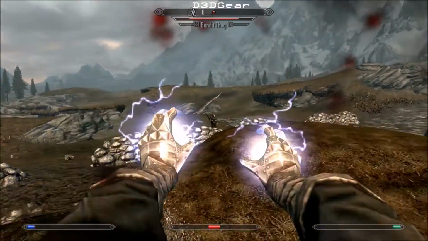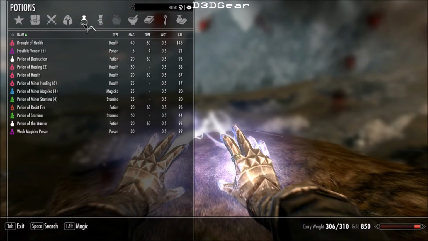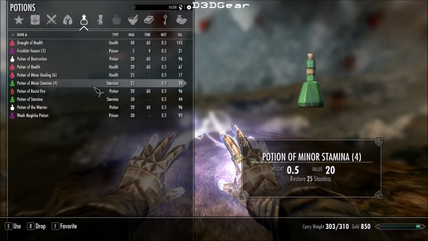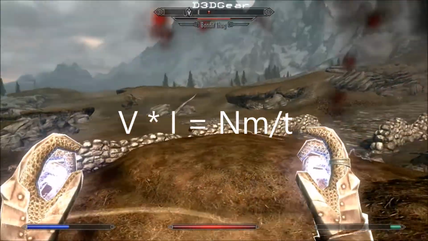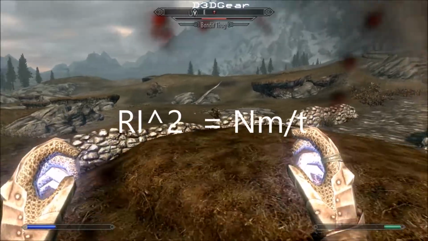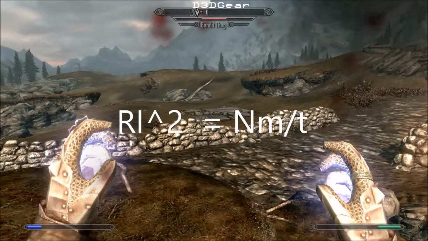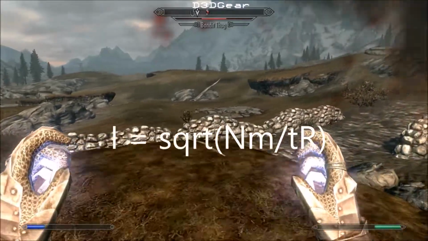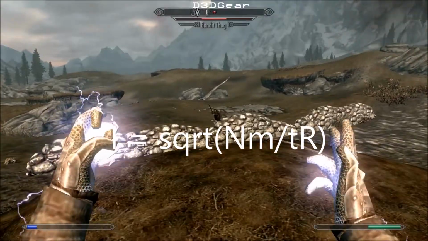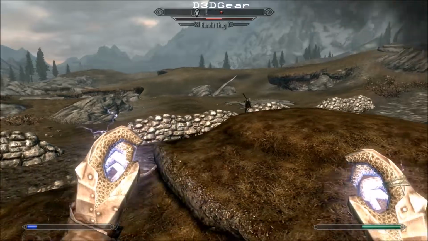To get to our voltage from here, I had to do a little bit of equation mixing. Voltage amperes, or voltage times amperage, is equivalent to the power of an object. Taking this equation and replacing the voltage with amperage times resistance gives us the equation: amperage is equivalent to the square root of power divided by resistance. Using this, we can calculate our amperage, which is 1.36 times 10 to the negative 8, and then we can